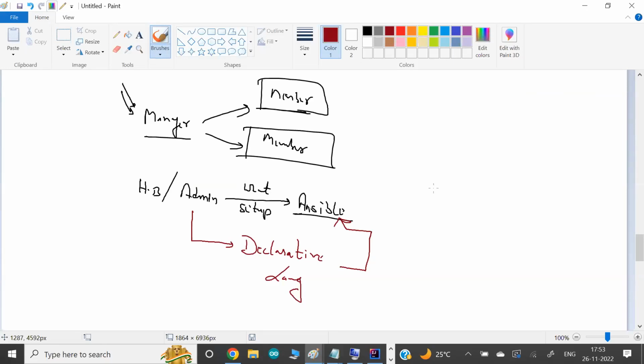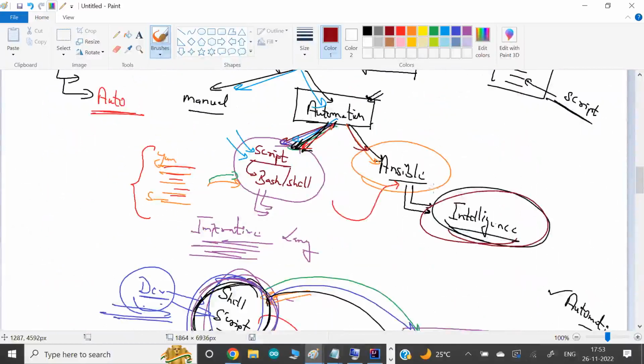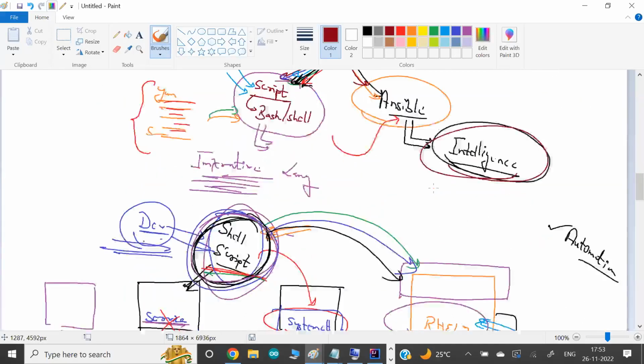So the point is, in the automation world, shell scripting and Ansible both will do the automation, but shell scripts work on imperative language, meaning you tell what we want and how to do it. How is key here. In the Ansible world, again, they do automation, but this is an intelligent tool. You tell me what you want, I'm intelligent, I can get it done for you. How to do it, I know. You don't have to tell me.